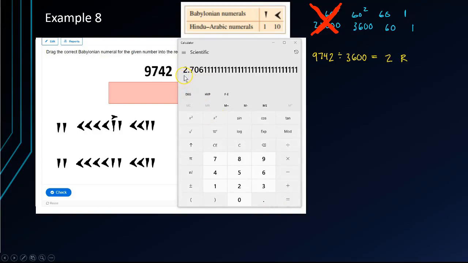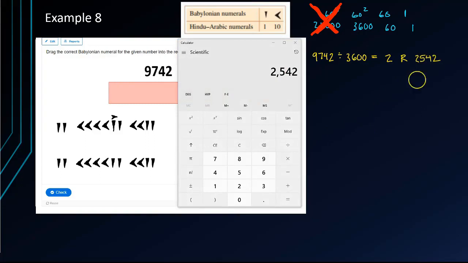To get the remainder, I'm going to subtract away the 2 from this number, which leaves me with the decimal, which represents the remainder. And since I got here by dividing by 3,600, I'm going to multiply by 3,600. And this gives me the remainder: I have 2 and a remainder of